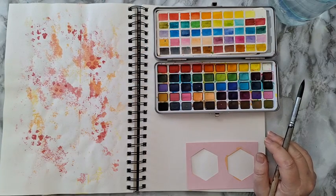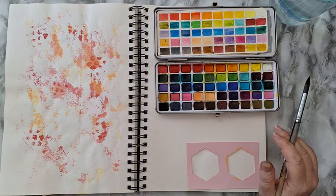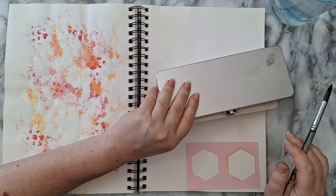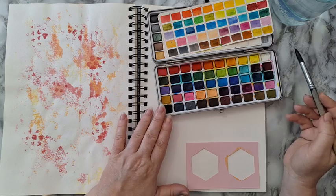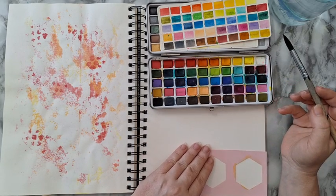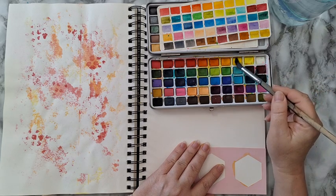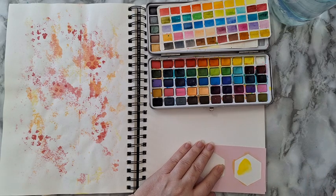This watercolor kit, I don't even remember if it was AliExpress or Amazon. There is no brand, nothing. Just looked for a kit that I liked, and that's it. It really doesn't matter. So I want to play with all kinds of yellows and oranges for the start, and I'm just putting it down